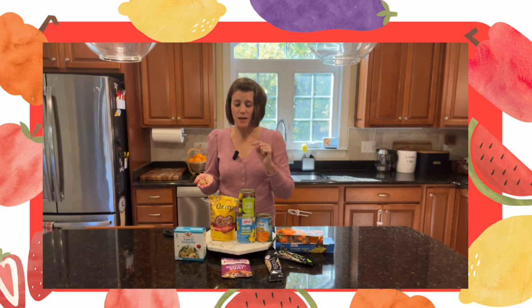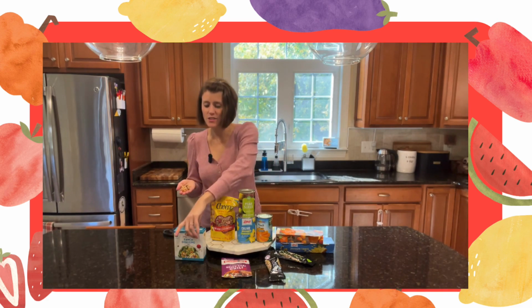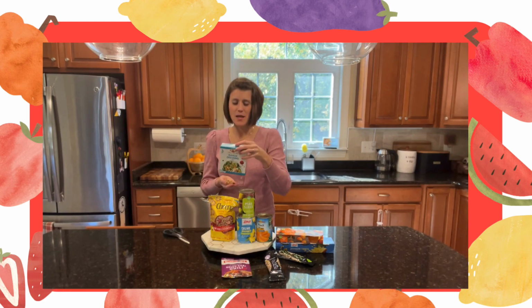All right, last but not least, I have 2 other healthy snack ideas for you. And one has to do with this ranch dressing packet. So there's all kinds of different dried ranch dressing packets. They can be used in multiple different ways when you're cooking. But something that I love to do, and to encourage eating more raw vegetables, is to actually take a plain